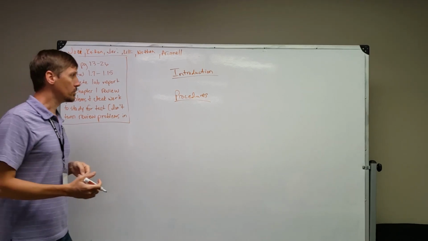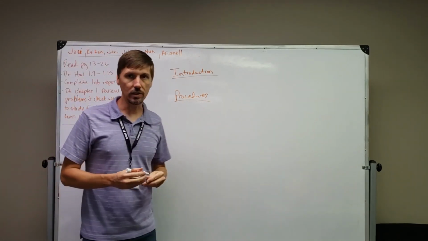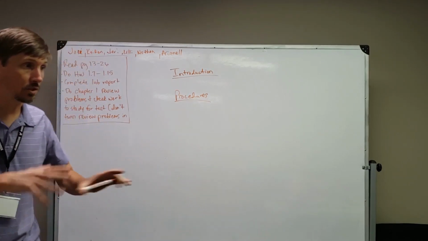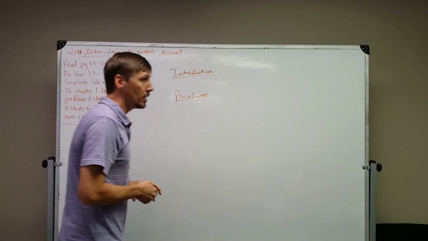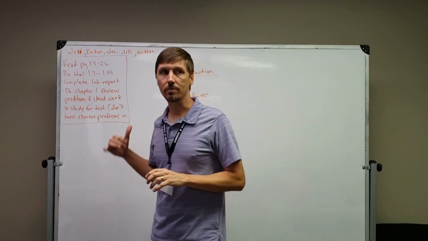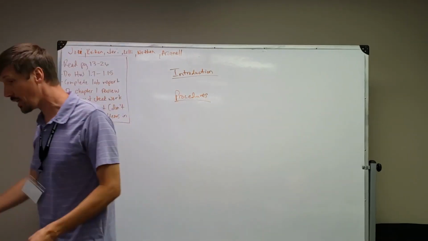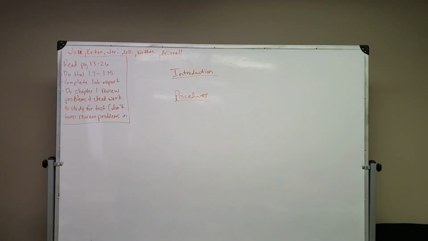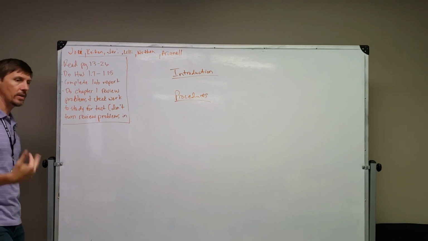Okay, so your procedures. This is the stuff that you did to actually perform your lab. It's not any of your measurements that you took while you were doing the lab. It's not any of the calculations with numbers in there. This is just the steps that you had to take to perform the lab. So it's the same stuff that's in your book, right? You know how your book's got it listed out there. What page is it on again? 25. So those steps 1 through, all the way through 19 that they have on there,